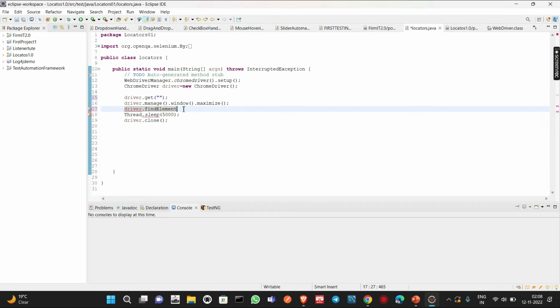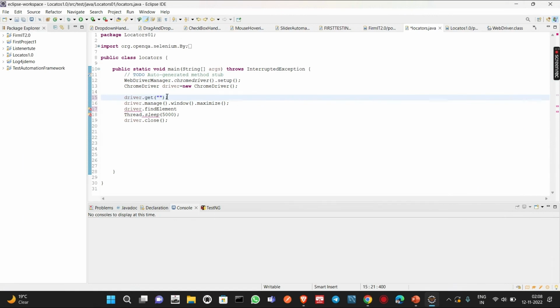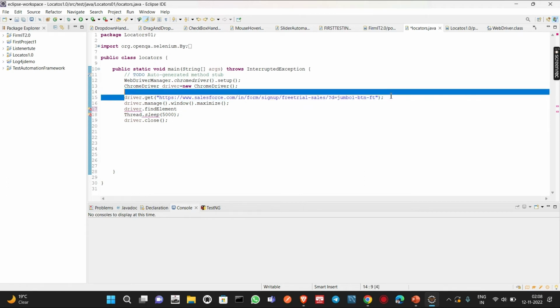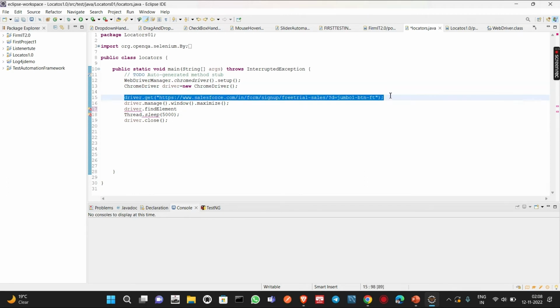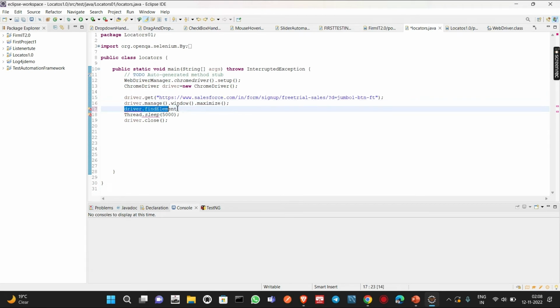So first let us navigate to that particular website. Let me first copy this, Control C, and then I need to paste the URL. So driver.get, we navigated to the salesforcedeveloper.com start my free trial page, and then we maximize the window, and then we need to find the element. So find element, and then by